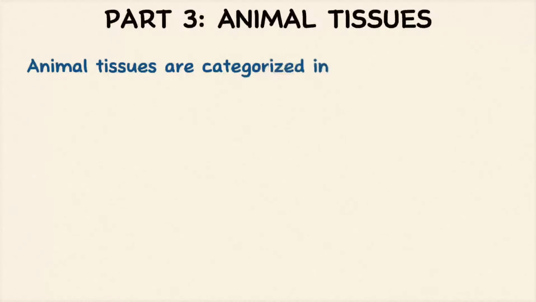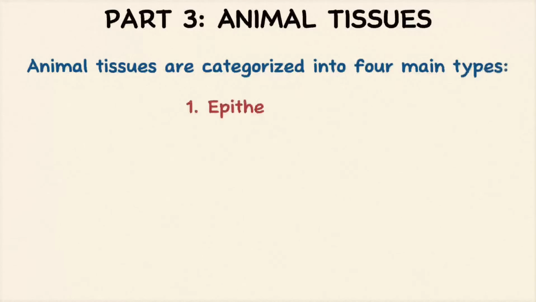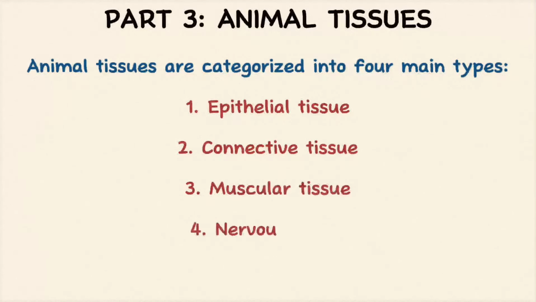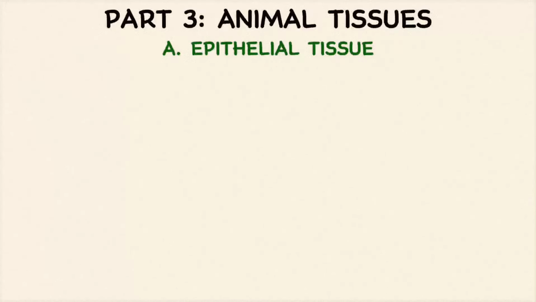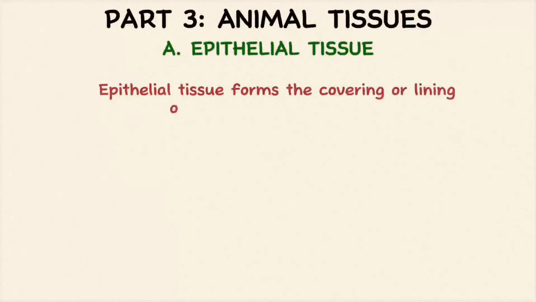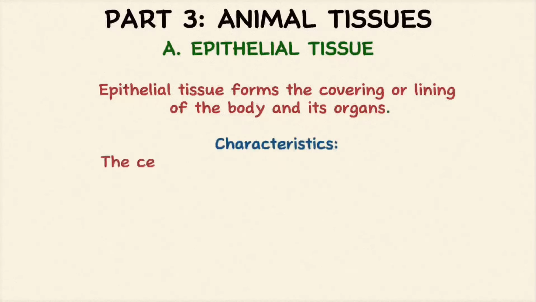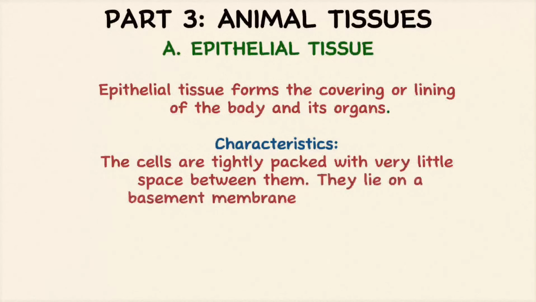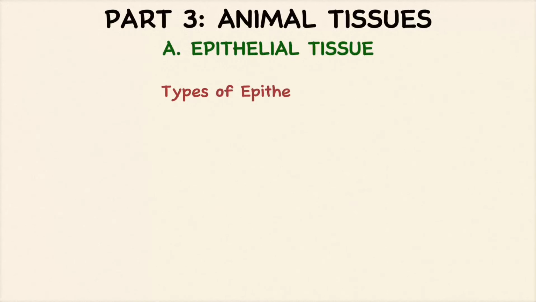Part 3. Animal tissues. Animal tissues are categorized into 4 main types. 1. Epithelial tissue. 2. Connective tissue. 3. Muscular tissue. 4. Nervous tissue. A. Epithelial tissue. Epithelial tissue forms the covering or lining of the body and its organs. Characteristics: the cells are tightly packed with very little space between them. They lie on a basement membrane and do not have blood vessels. Types of epithelial tissue: